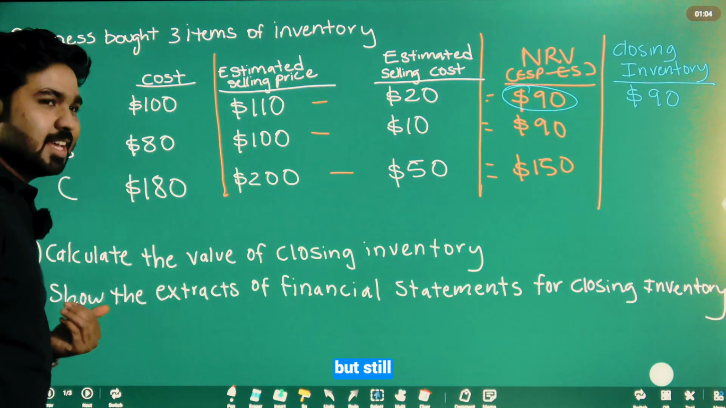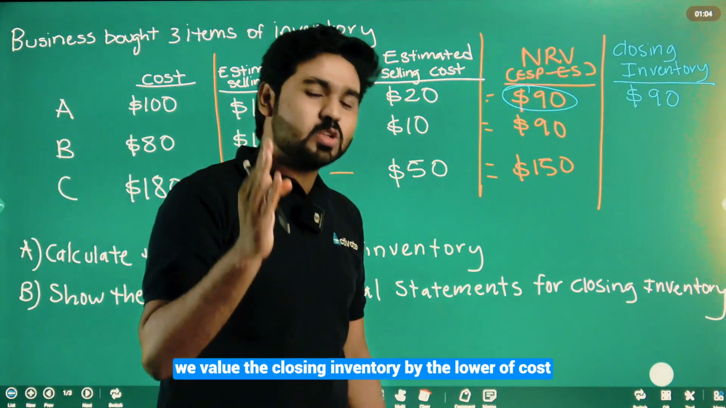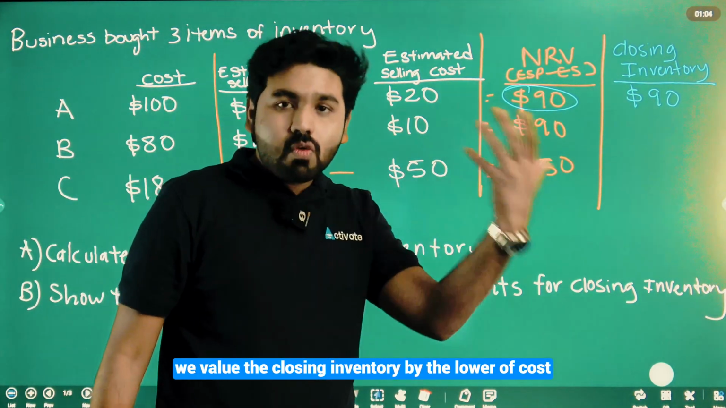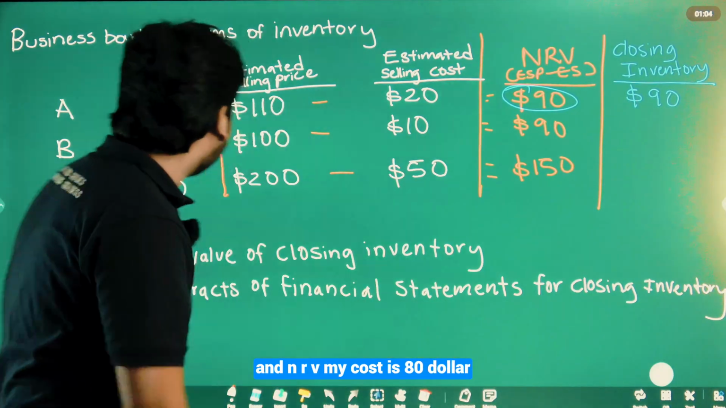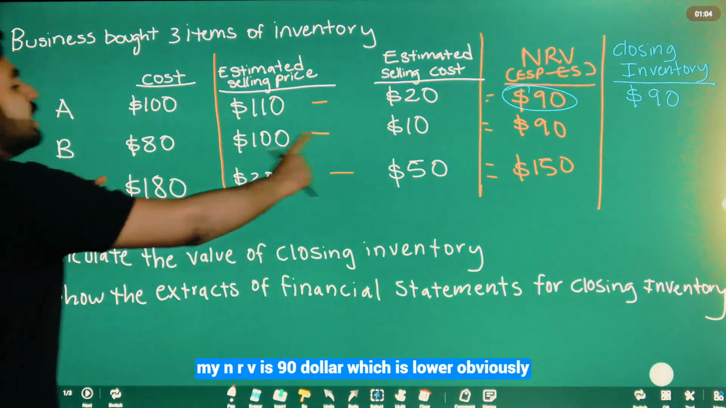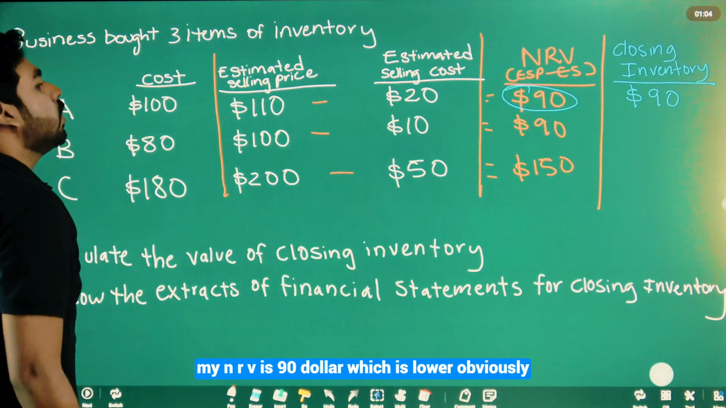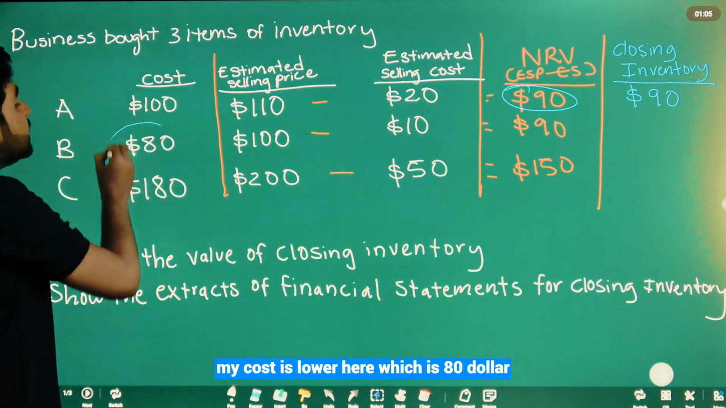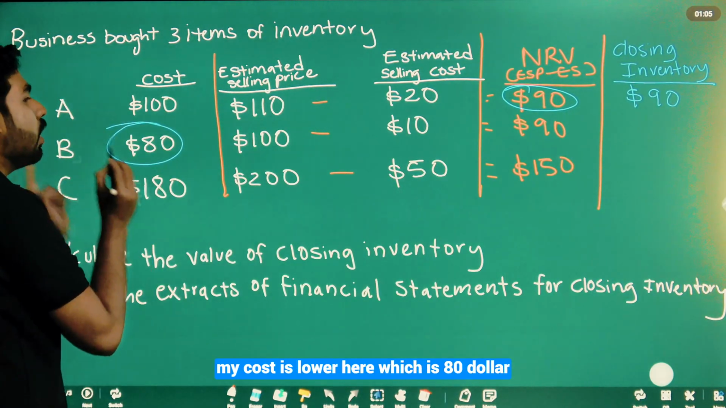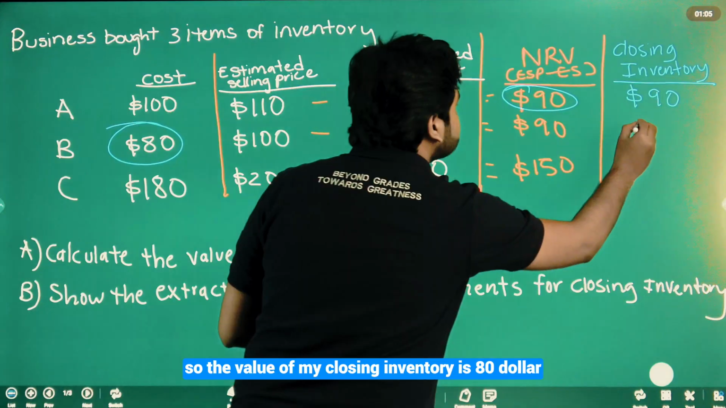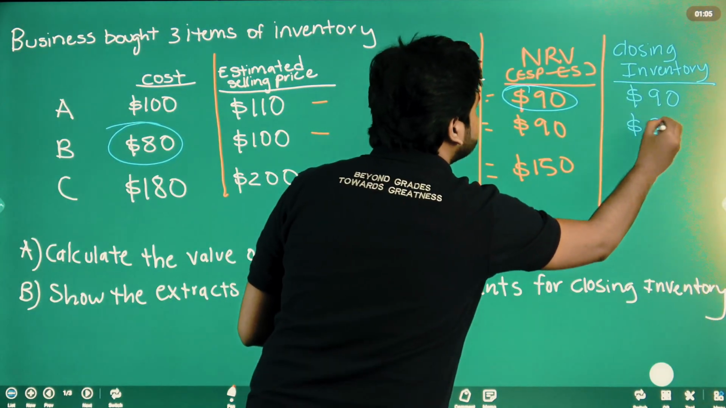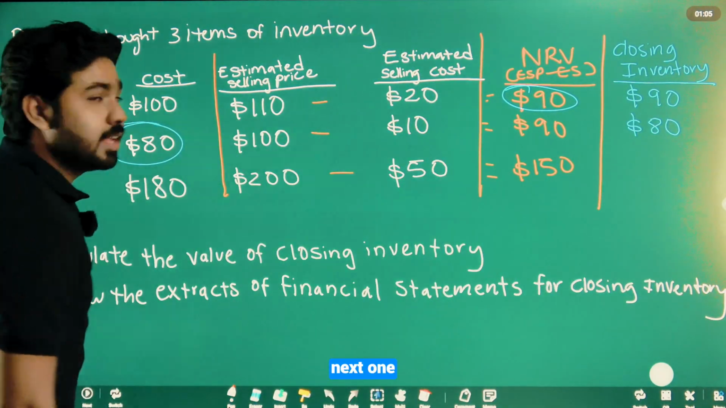But still, we value the closing inventory by the lower of cost and NRV. My cost is $80, my NRV is $90. Which is lower? Obviously, my cost is lower here, which is $80. So the value of my closing inventory is $80. Next one,